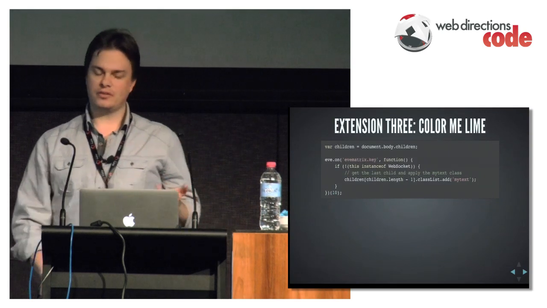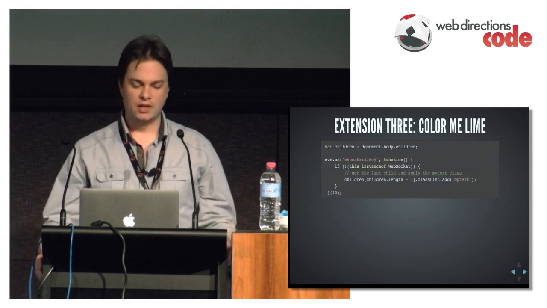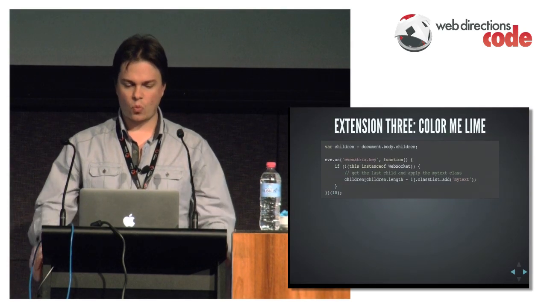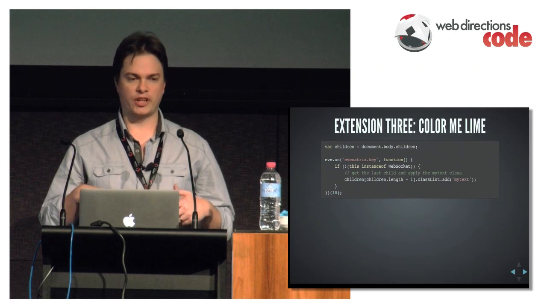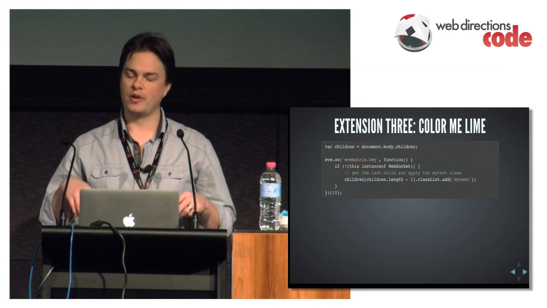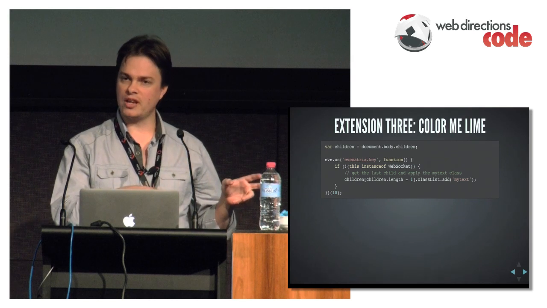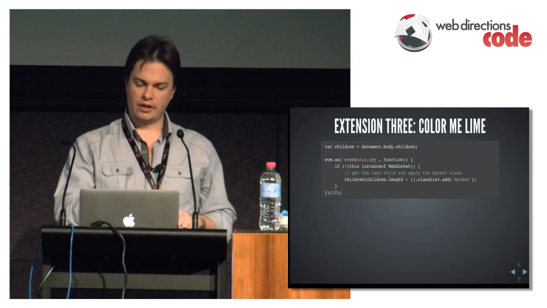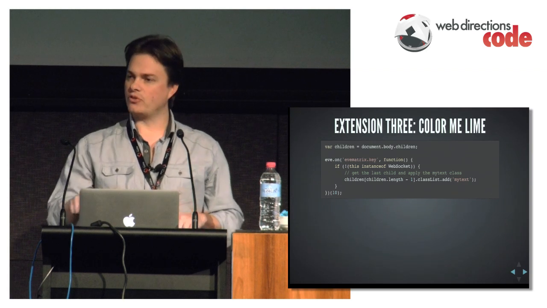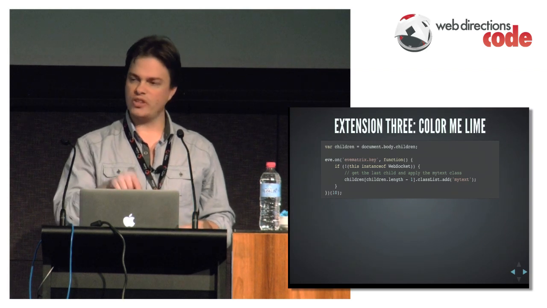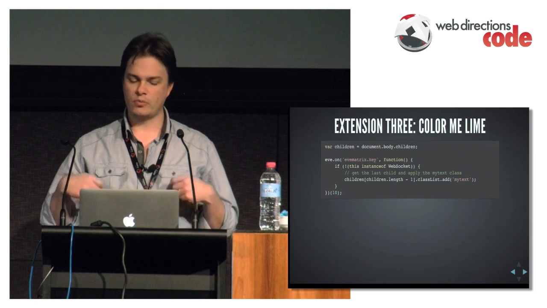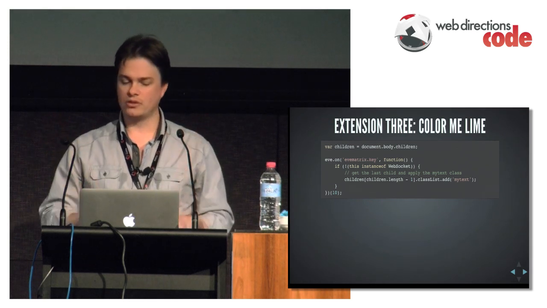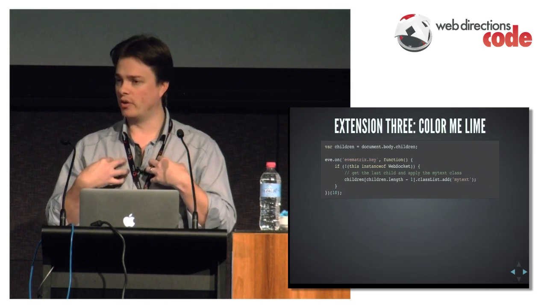And this is the final plugin, and it's essentially just color me lime. It's sort of a reactive one. I haven't modified the other plugin in any way. I haven't changed the motion. But what I have done is said on matrix key, I want to go in there, and if this is an instance of a WebSocket, as in it's a WebSocket, or not an instance of a WebSocket, as in I've generated it,